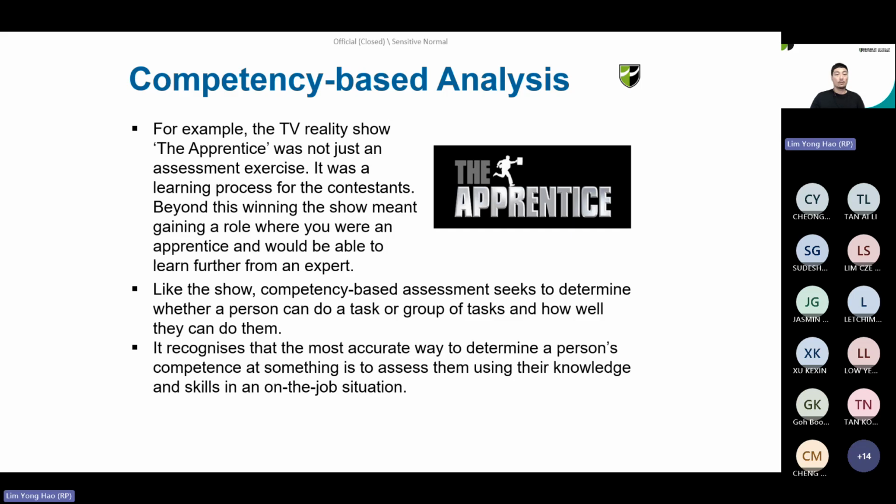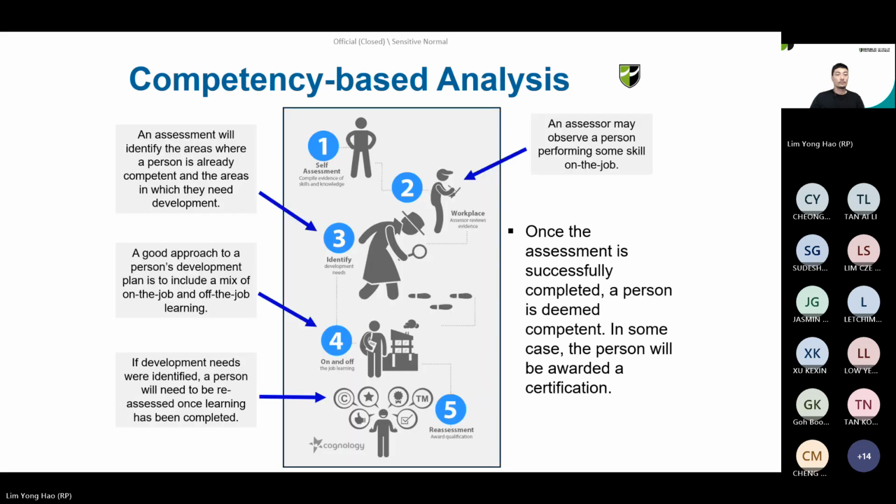So this is not just about what the competency is, but how people demonstrate it at what level, and what it looks like when people are at this level. So if you want a quick visual of how it looks like,